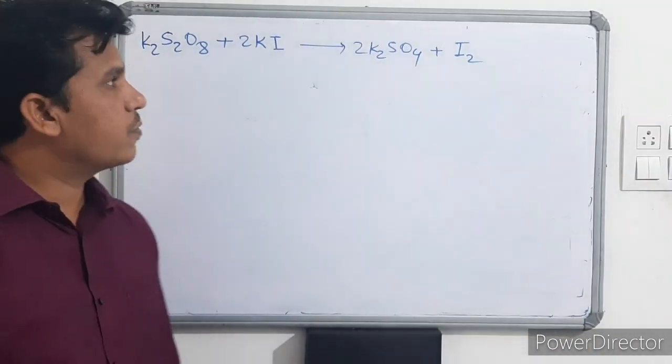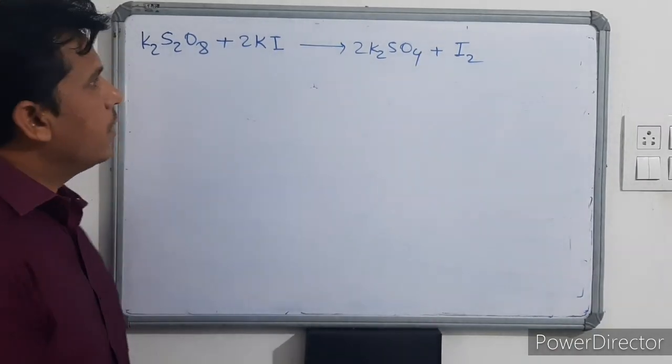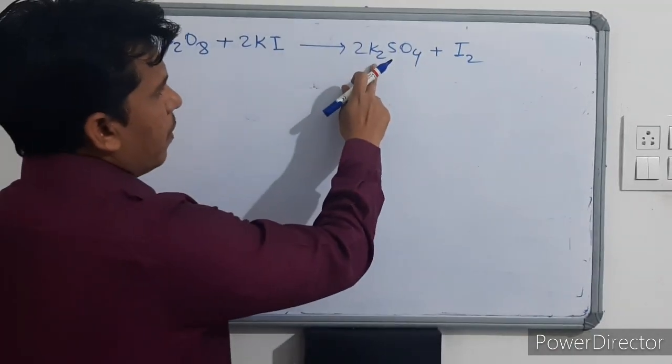So the reaction takes place between potassium persulfate and potassium iodide, in which the products are potassium sulfate